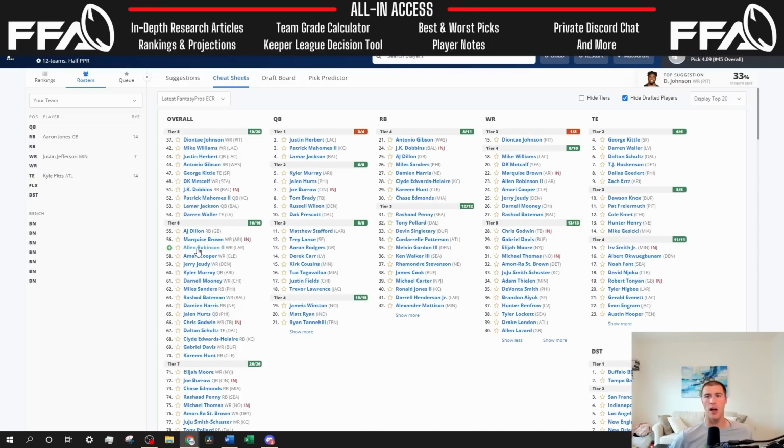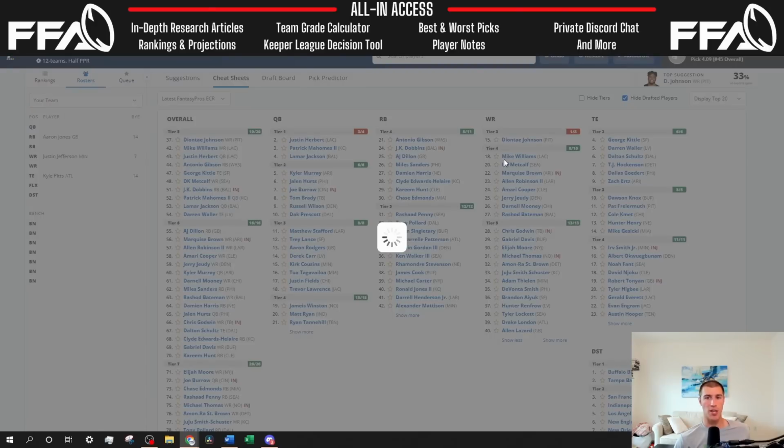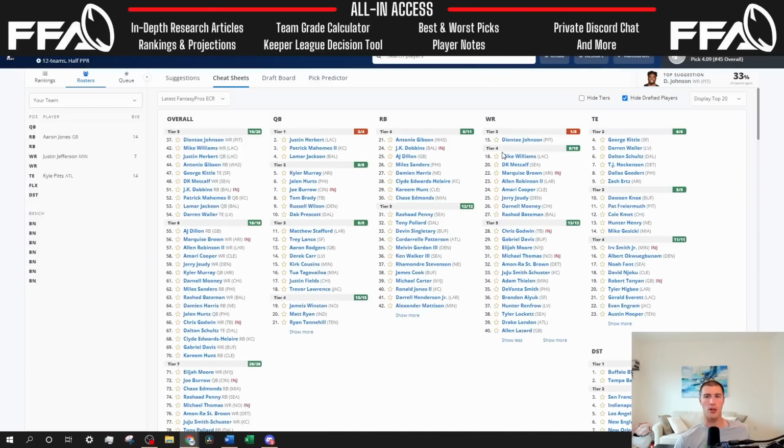I don't feel confident enough in the Pittsburgh offense. I do have Mike Williams ranked ahead of Diontae Johnson. I just don't feel confident enough in that offense to really attack that wide receiver position. Honestly, outside of George Pickens, who looks like he's going to be a really good prospect. So I would rather take Mike Williams, a lot more upside on the Chargers. So we'll take him. We'll have the option of potentially...